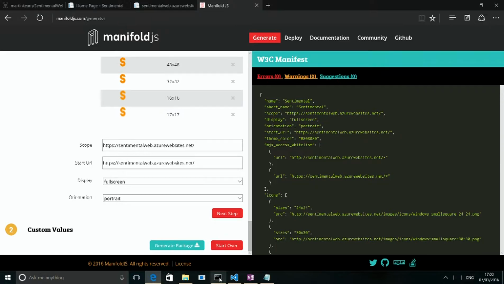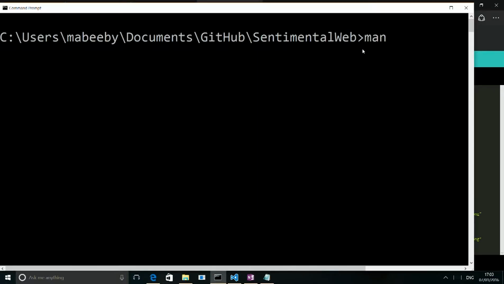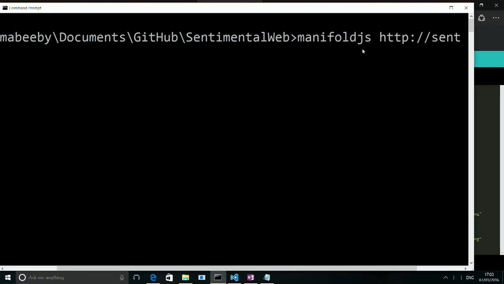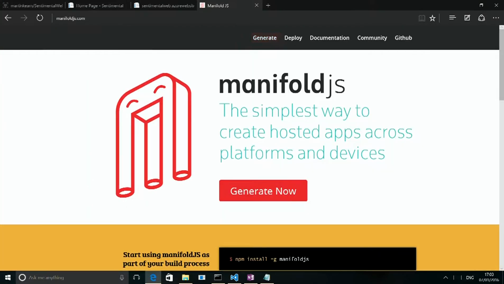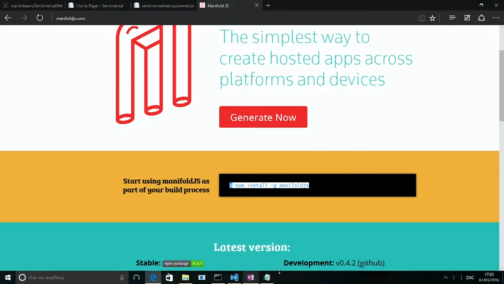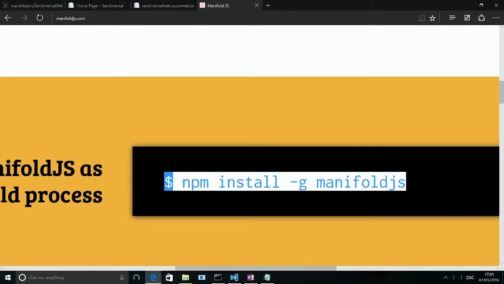Okay. So if you have NPM installed, you can just do Manifold.js. You can type in the URL of the website, sentimentalweb.azure. So you've installed Manifold on this machine using NPM. Yes, so that'll be npm install manifold.js. And then once Manifold's installed, it will be with dash global as well, I imagine. Yeah, so that's npm install -g manifold.js, and that -g means it will be installed globally as a command, so that when you're back in your command prompt, as you were before, you can just type manifold.js,